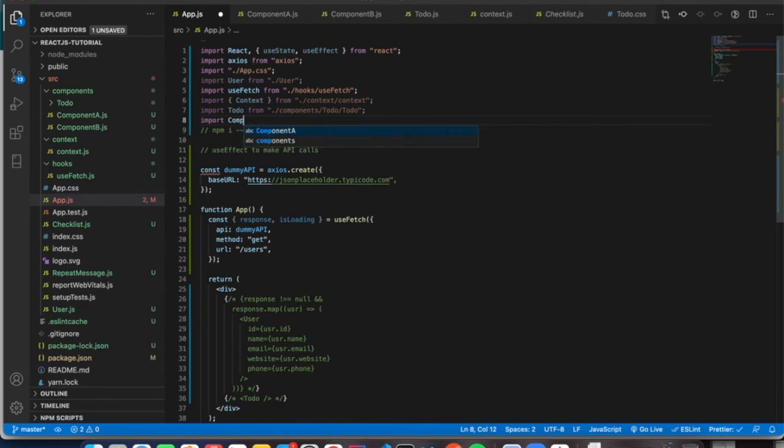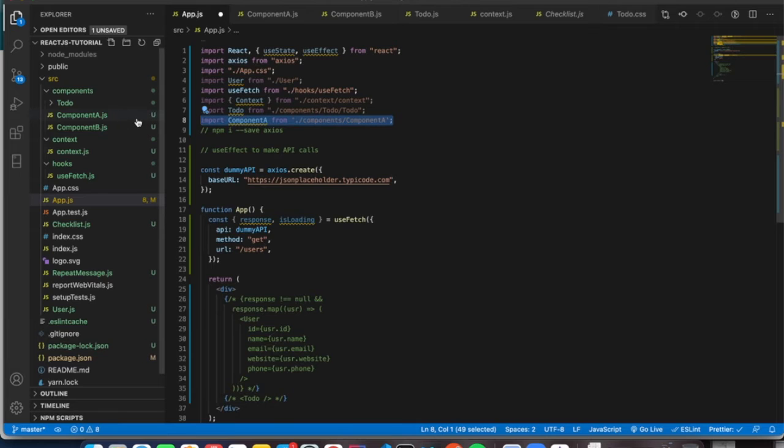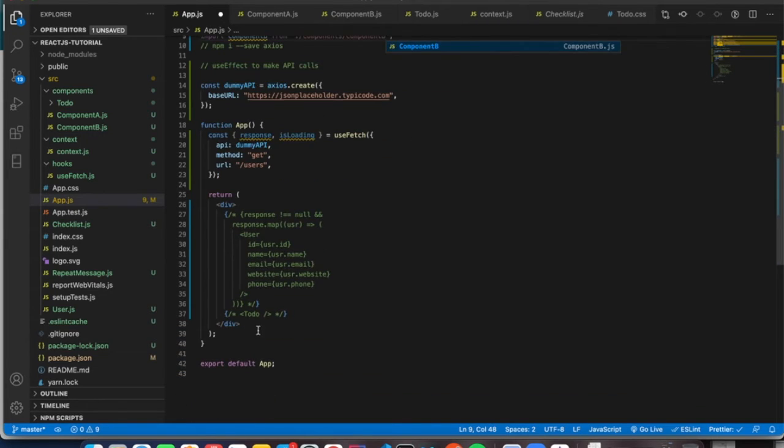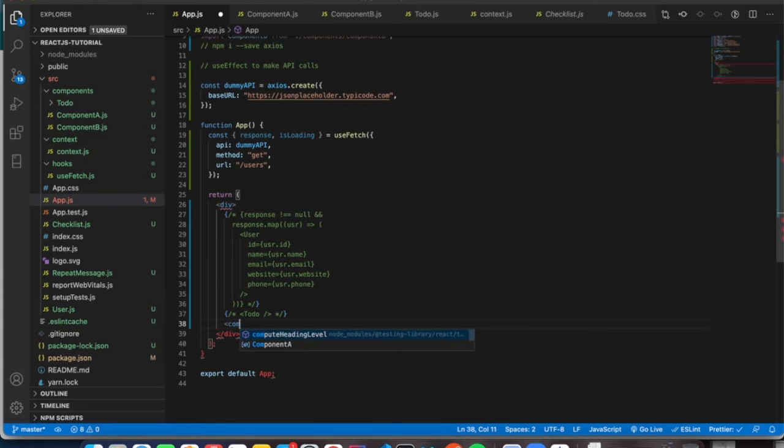Import component A from component/componentA, and do the same for component B. So we have component A and component B. Now for these two components, we are going to use useContext and display those values over here.